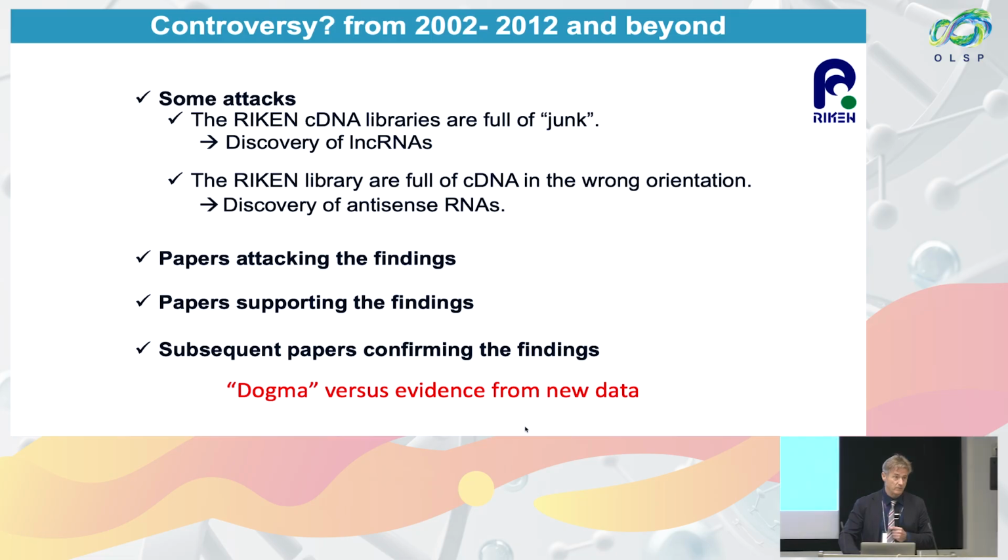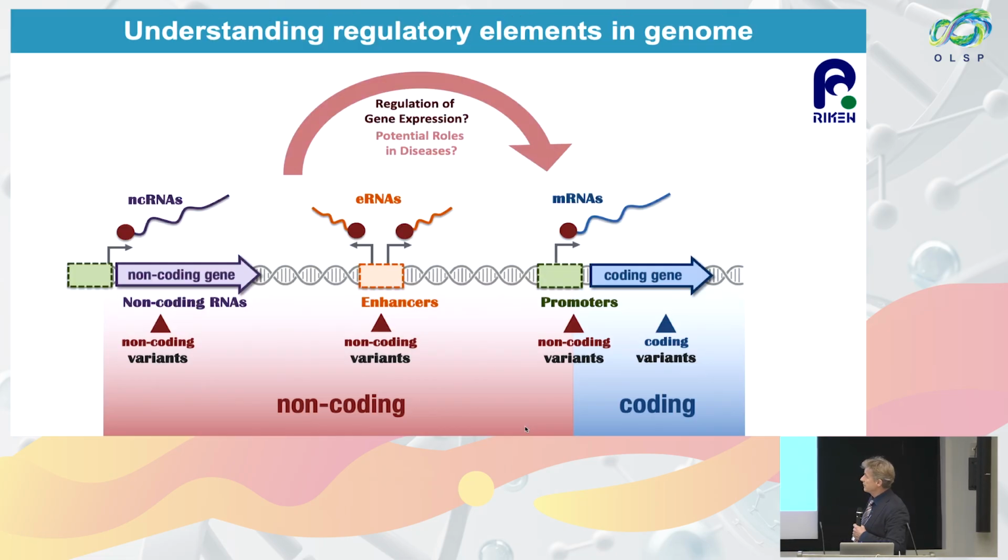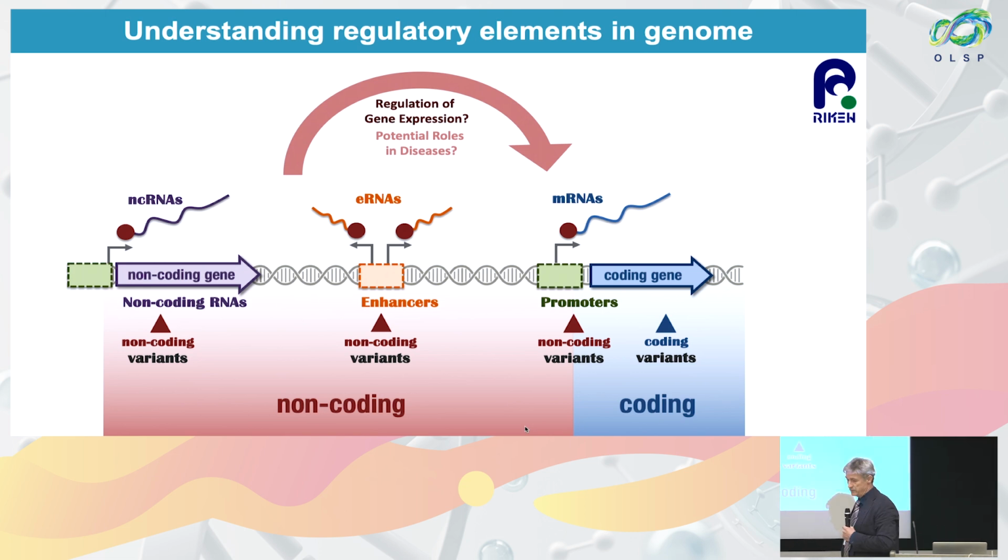transcribed into RNAs. So one important part of this is not only to make a catalog of genes, but then we move to identification of regulatory elements. Let's say promoters. Promoters are upstream of protein coding genes and upstream of non-coding RNAs, and there are also enhancers that produce RNA. So we can capture them. Actually, for this we did not know at the beginning of the project. It came out during the project, but